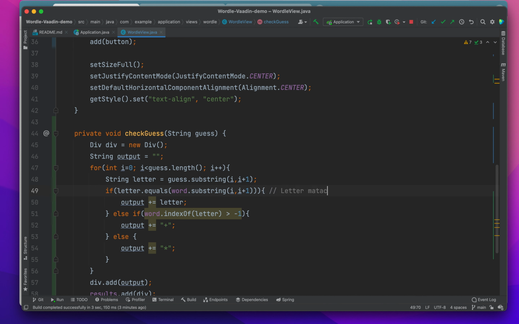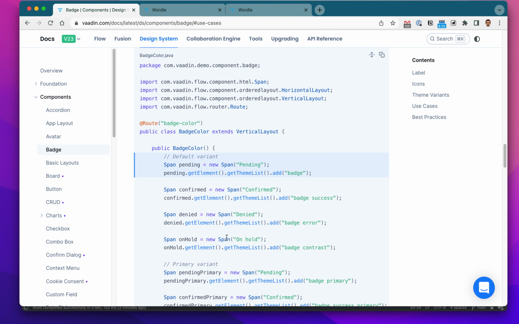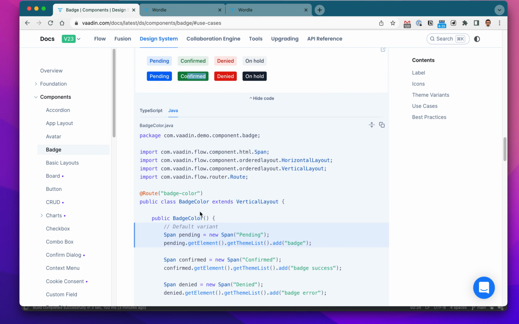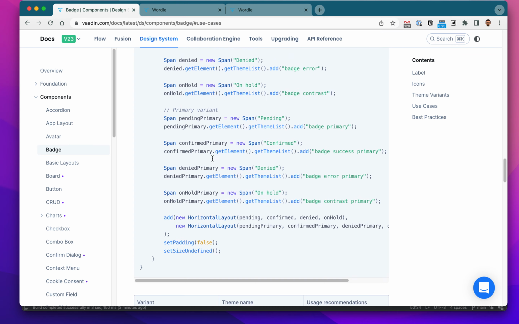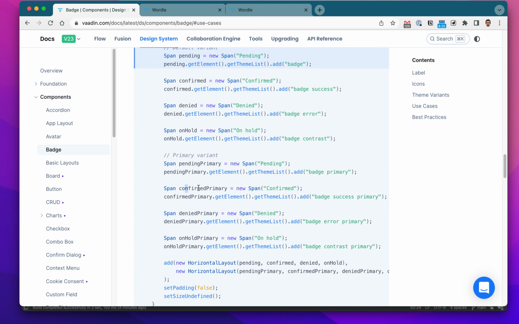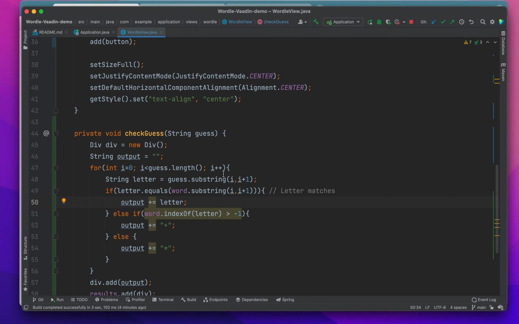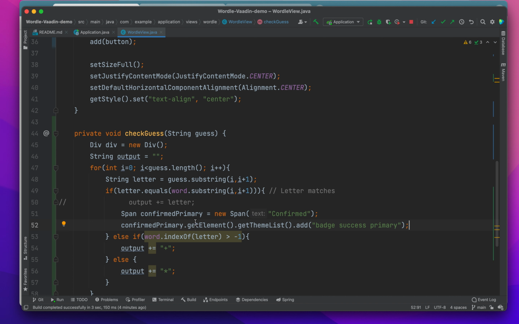So I go here. I want confirmed, and this is what they call a span. Again, it's very useful to know. And this is the standard variant, and this is the primary variant. So I want the primary variant. And it's right here, primary variant of confirmed. That's the green one. So it's this one here. I'm going to grab that little snippet of code, go back to the code here, and I'm going to comment this out, paste this in, and it'll be